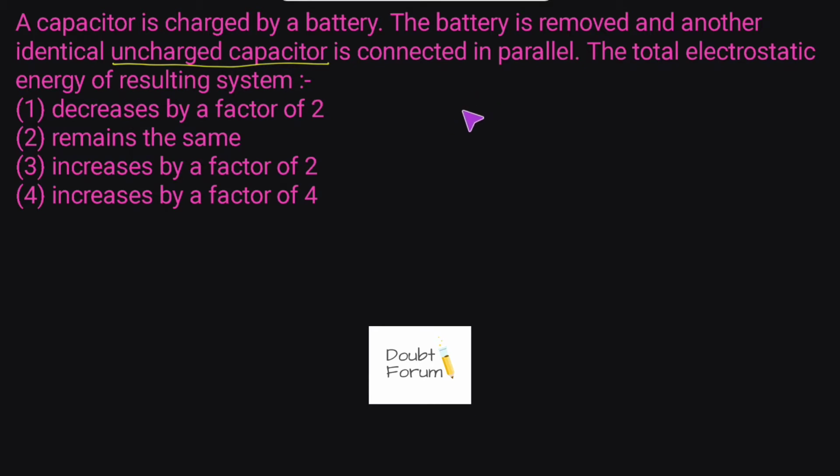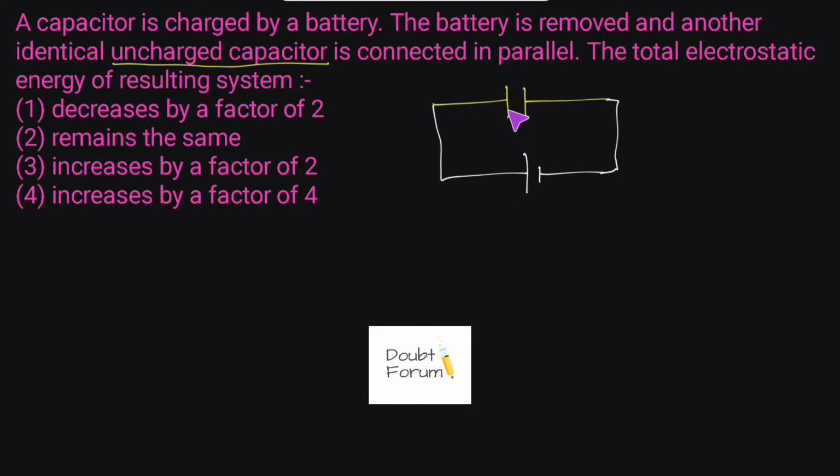So initially there is a capacitor. Let's take this as a capacitor, and this capacitor is connected across a battery. Let's take this one as the positive plate of the battery and this one is the negative, and this is connected something like this. And we all know that due to this positive plate, the negative charge of the capacitor plate will be attracted towards the positive plate of the battery.